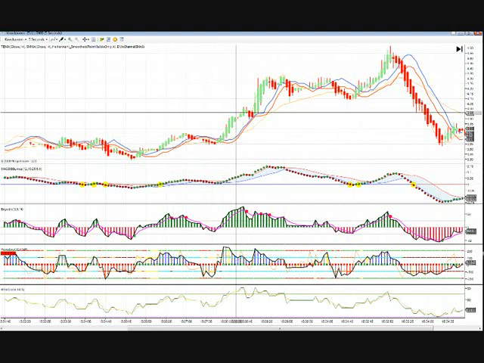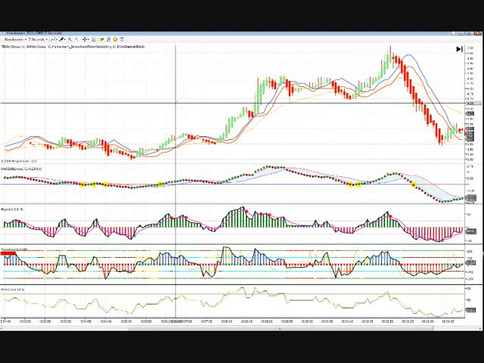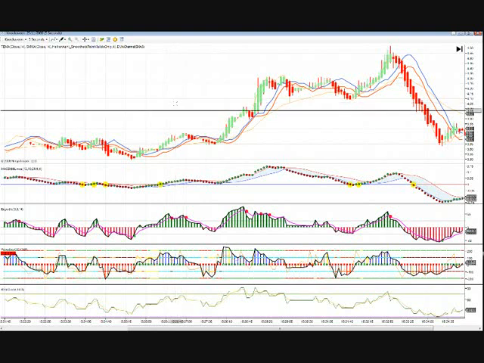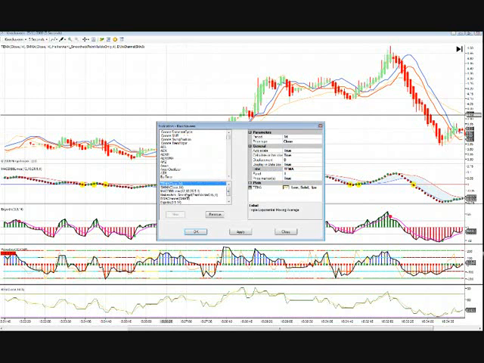On this chart I have Heikin-Ashi Smooth, which is a moving average based indicator. It's a lot like the other Heikin-Ashi indicator, except it uses less of the short term, and that can help us eliminate various anomalies in pricing. I also have 3 moving average lines: the triple exponential moving average, the smooth moving average or slow moving average, and also the